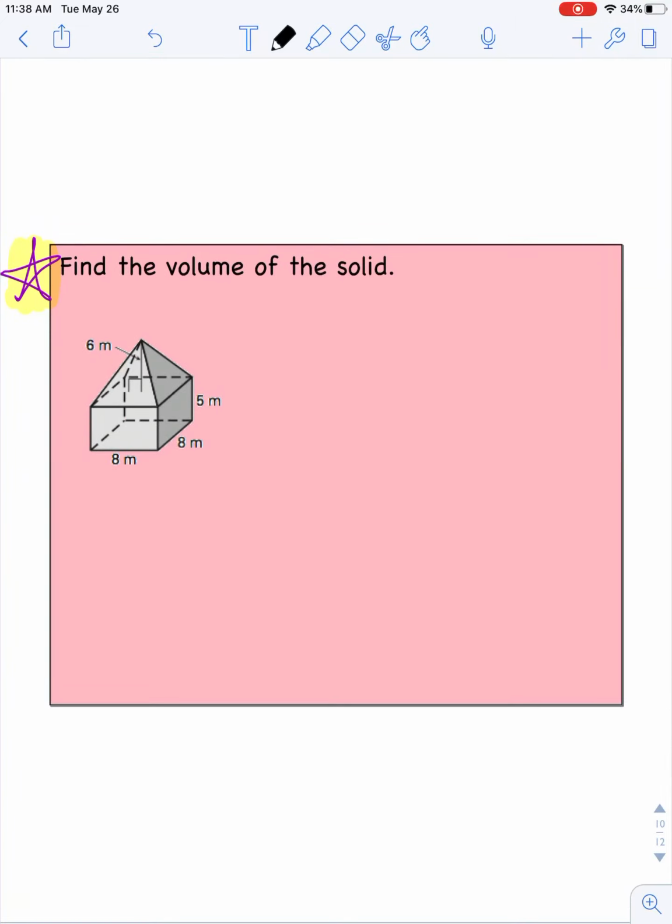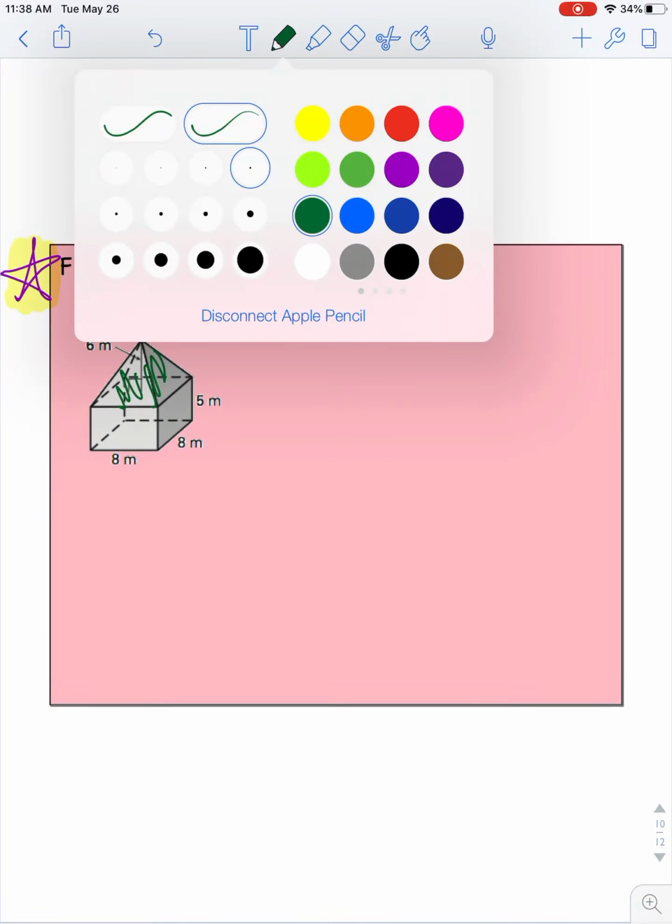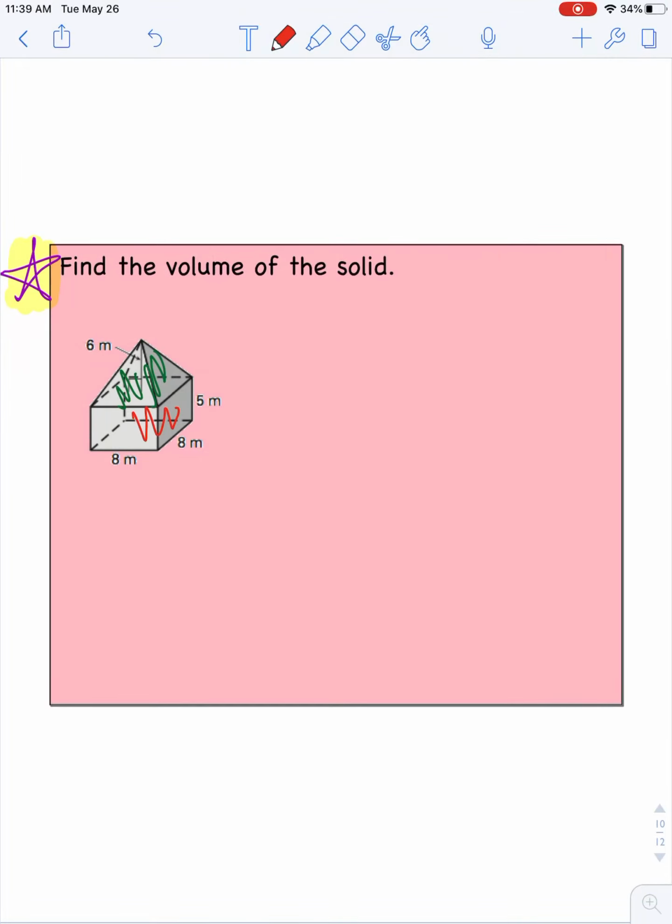And then last but not least, we're going to find the volume of kind of a combined solid. We did this a little bit in some pieces in chapter 11, and it's also some surface area applications. Here, we don't have to subtract anything out because we're talking about volume. We won't be subtracting anything. So we're going to find the volume of that pyramid, and we're going to find the volume of the prism